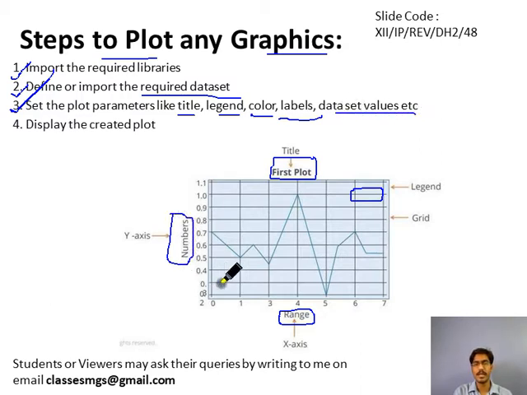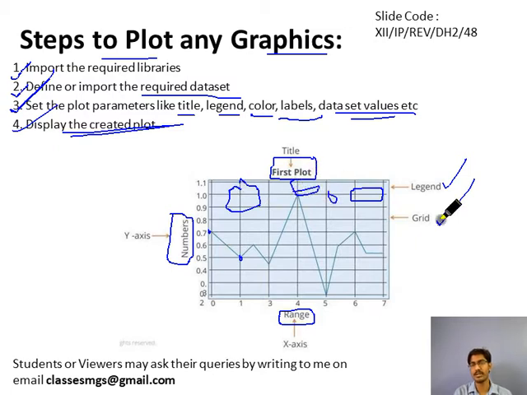Then the data set values for drawing: at 0 we have the value 0.7, at range 1 we have 0.5, and so on. What we need to draw, we pass as data values. Then you use the plot method to plot this, and finally you write the show method to show the graph. In the background you are seeing the square boxes. These are known as the grid, in technical terms. Okay, let me move ahead.